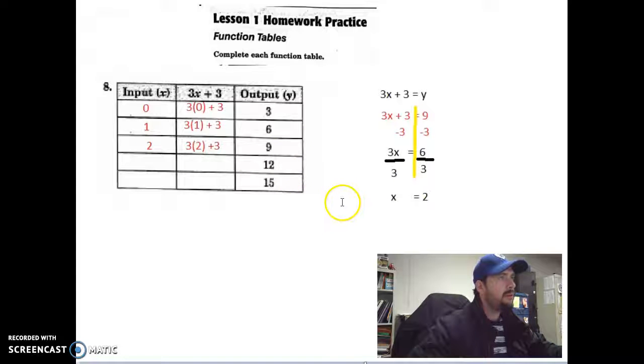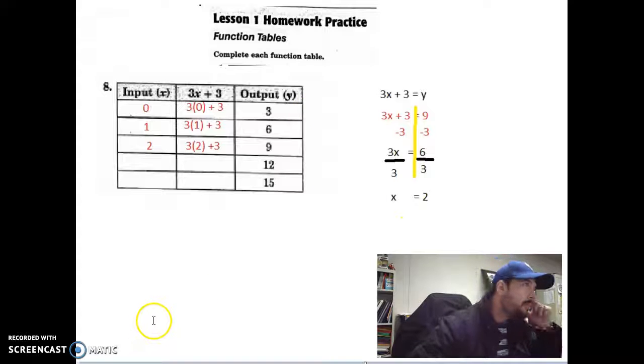So you guys can do the rest of these on your own. There's only a few left. Honestly, it's pretty quick once you're working it out. And a lot easier to write on